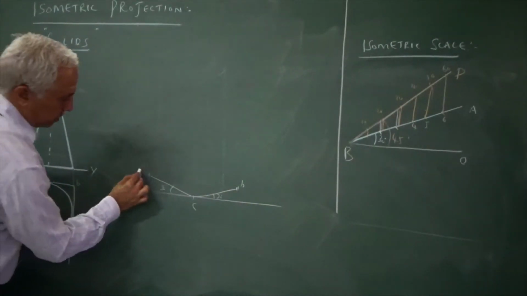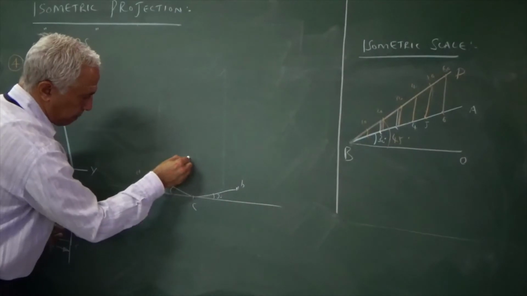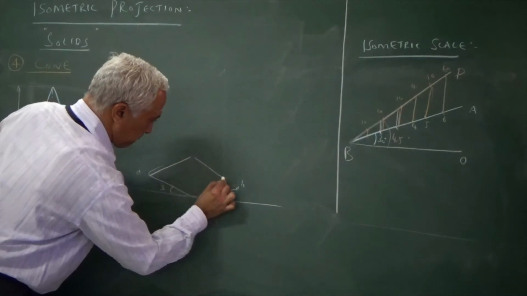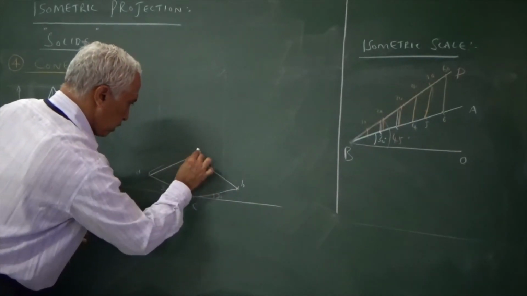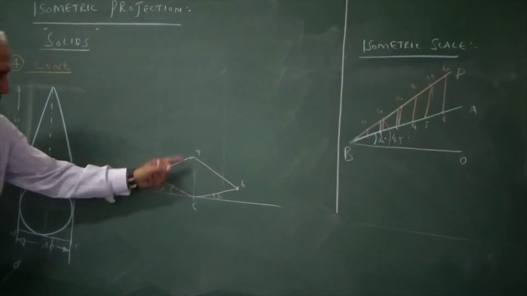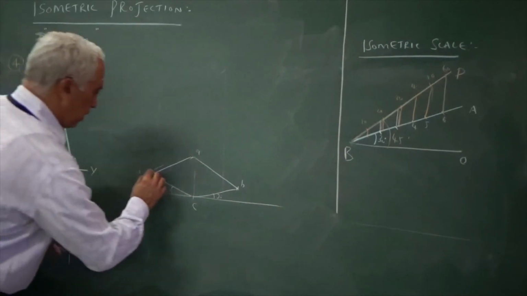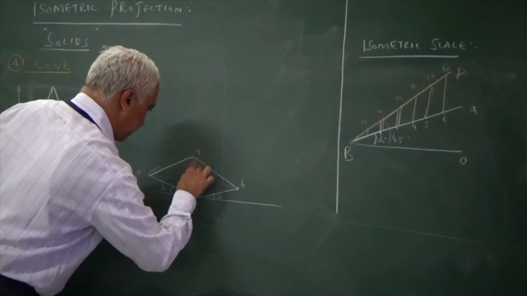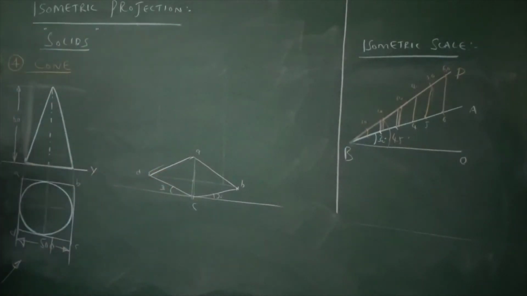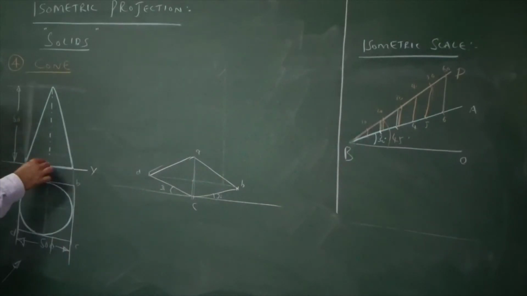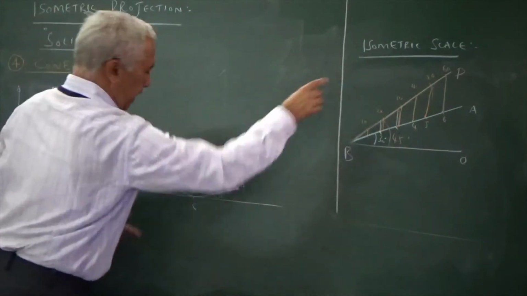From D as center, draw a parallel to CB. From B as center, draw a parallel to CD. So obtain the point A. So ABCD is the square what I have drawn. So very lightly draw the diagonals to locate the center of the base of the square. The cone isometric, same as pyramid isometric, I will take the height from the center of the base. Height is 60 mm, get ISO 60.